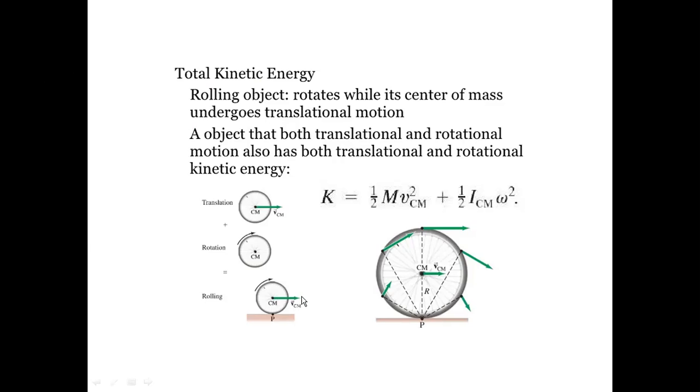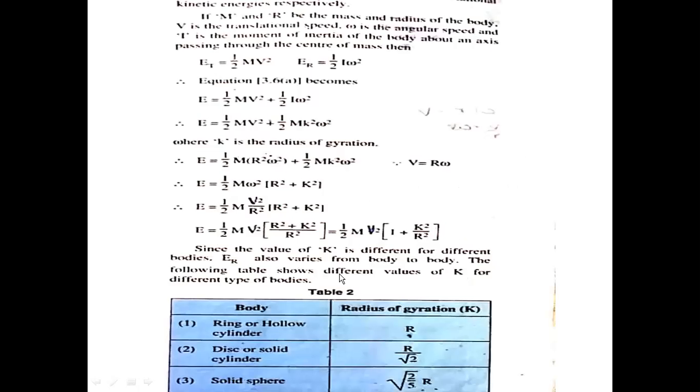So here the figure shows rolling motion. Here the center of mass is moving along this direction and the body is moving like this. This is the right example of rolling motion, where the center of mass is moving along this direction and the particles are moving in their specific directions. This is the direction of this particle, this is the direction of this particle, like this. The center of mass is moving and the particles are moving along the circumference of a circle about their own axis of rotation. So this is what is meant by rolling motion.